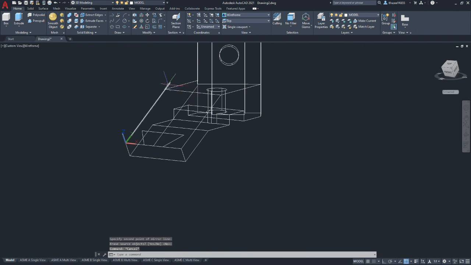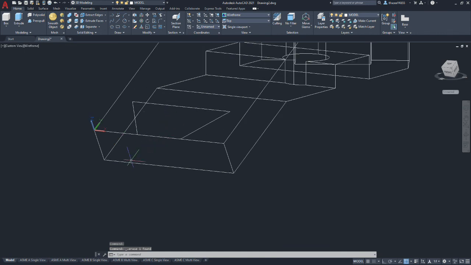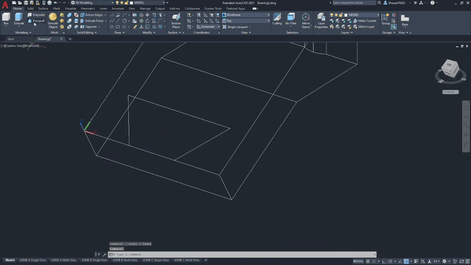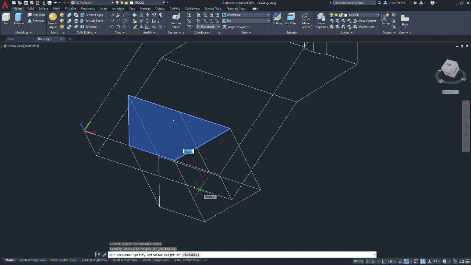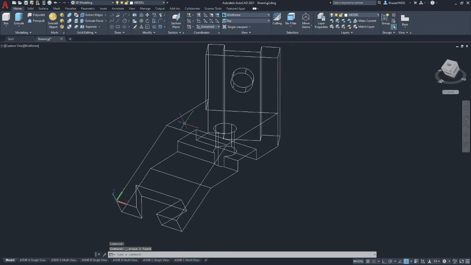Right, so now we can delete this extra geometry, and we're left with a dovetail shape that we can use the press pull command on to press all the way through the part, which is 1.5 thick. And delete that construction geometry. And that should be it for this part.